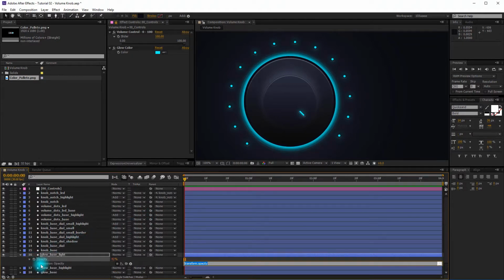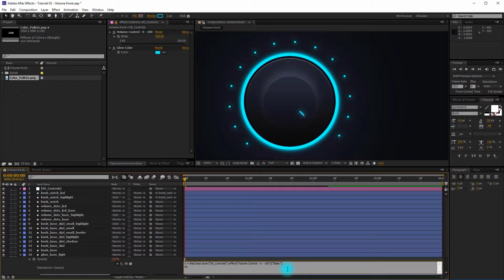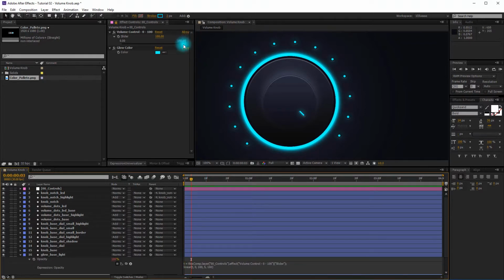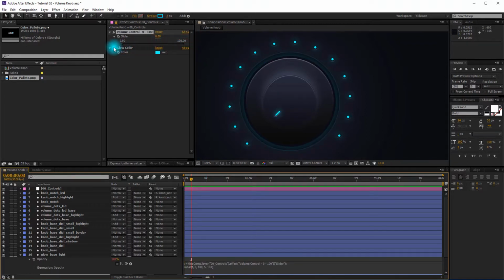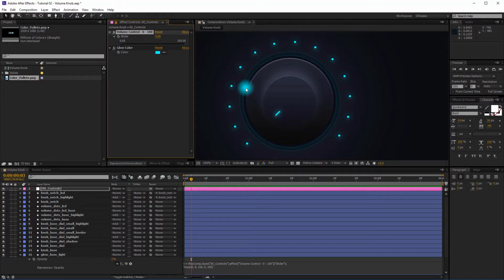Alt click on the opacity, T equals this slider over here, semicolon, linear, open parentheses, T, comma, slider value of 0, comma, slider value of 100, comma, let's leave it at 5% opacity to 100% opacity, close parentheses. So if I move the slider back to 0, you can barely see the light,